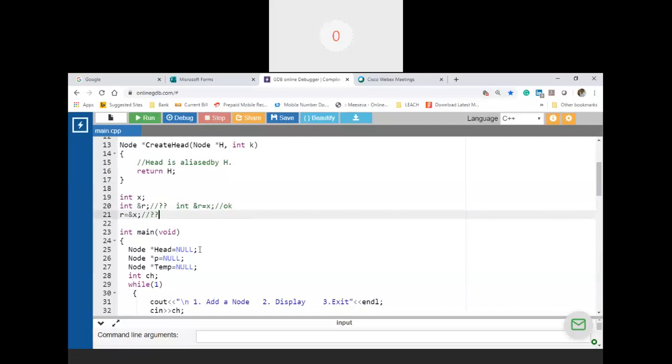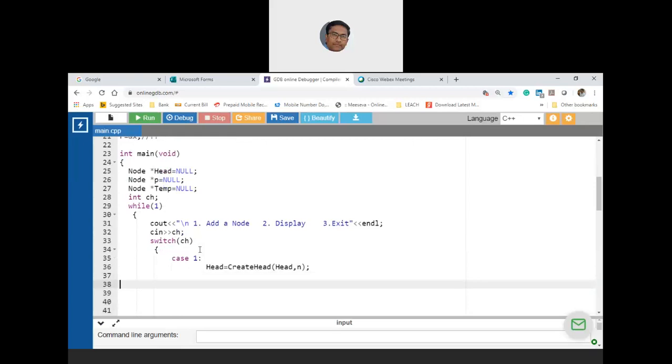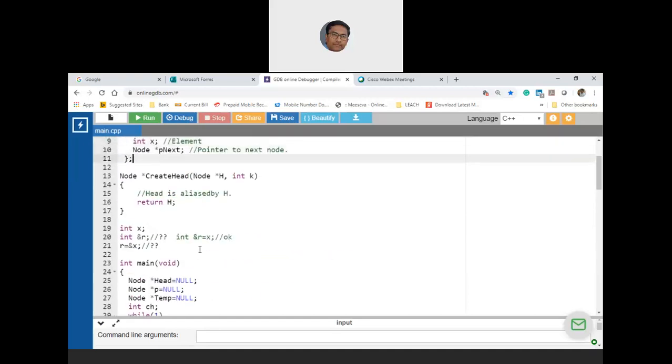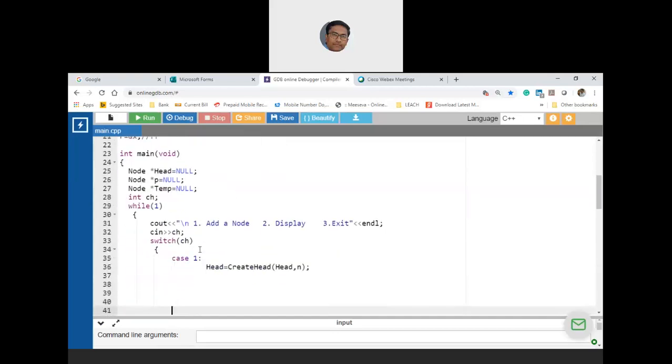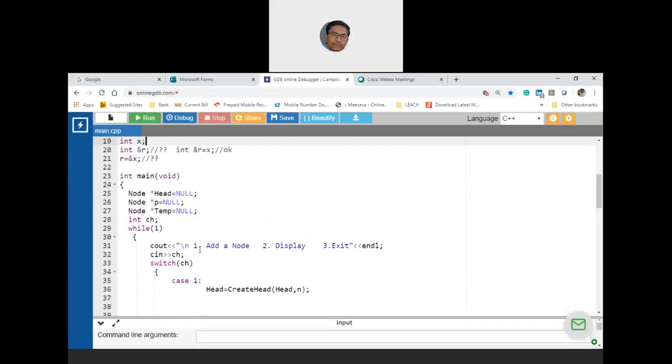Okay. So therefore, what we are passing in the function is what is being pointed to by somebody. In main, you are passing head. What is important is not the address of head. Whom head is pointing to is important. Head is pointing to whom? Null. Now head is pointing to whom in this? It has to point to the new node. So therefore, you cannot use reference parameters. This is a simple explanation. Clear? Yes, sir. Okay.